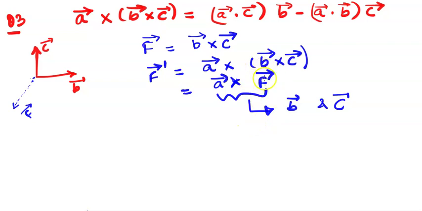F vector is perpendicular to B and C already, because it's a cross product of B cross C. So anything which is a cross product of A cross F will lie again in the same plane as B and C. So we can simply say F dash vector is some M times B vector plus N times C vector,